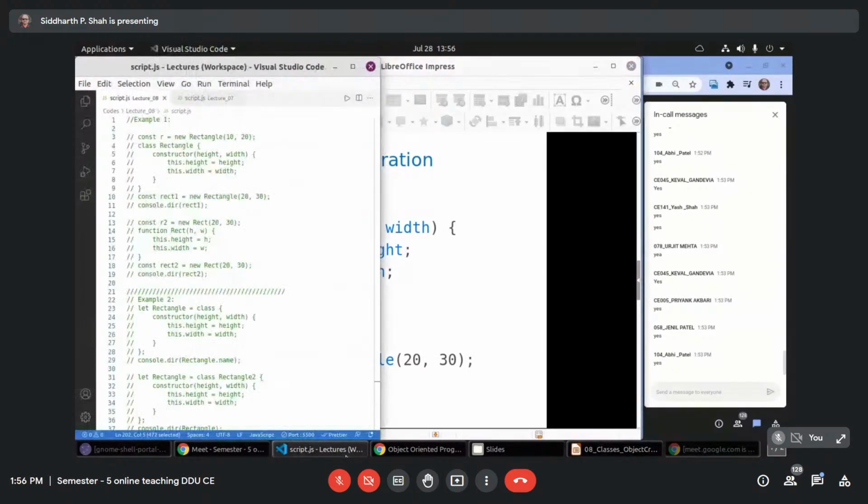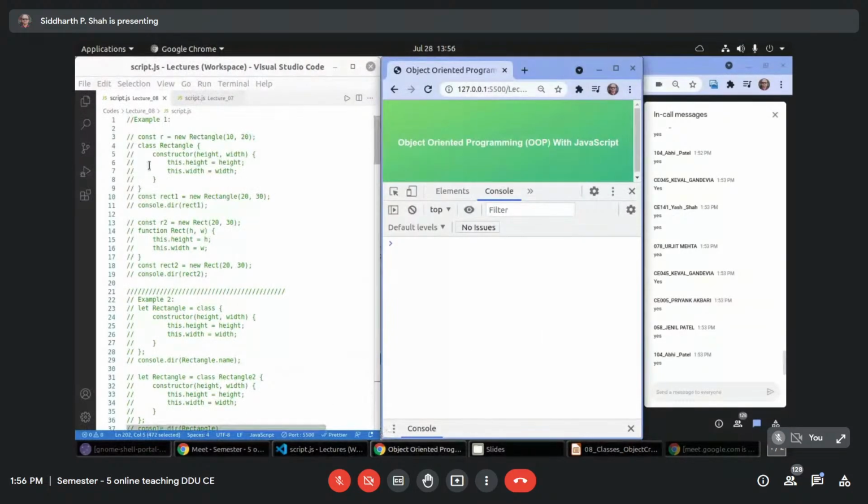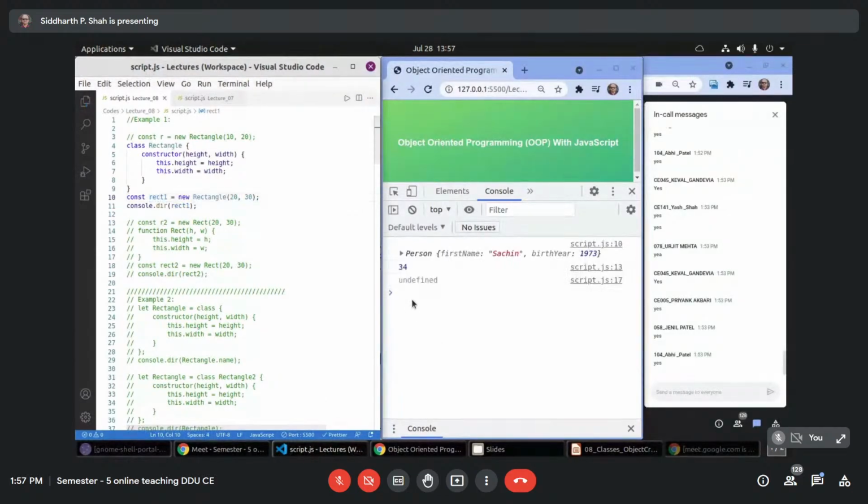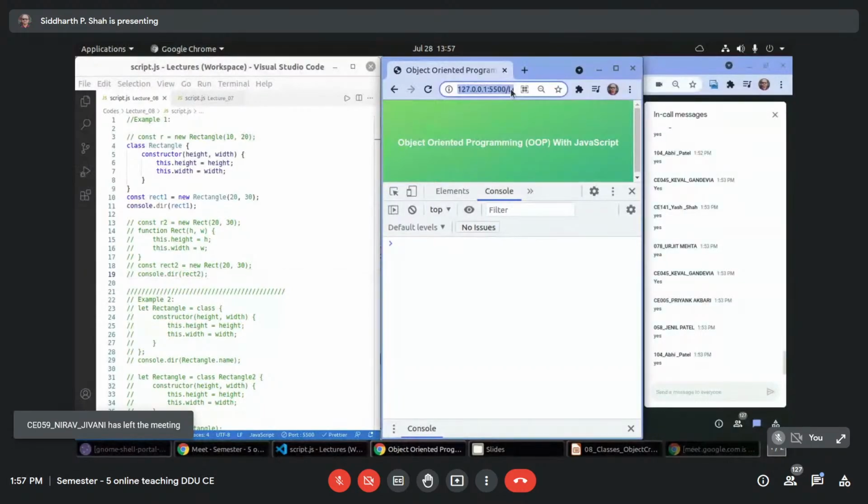So let us see. Rectangle class, same thing. Then I create that object and I print that object.